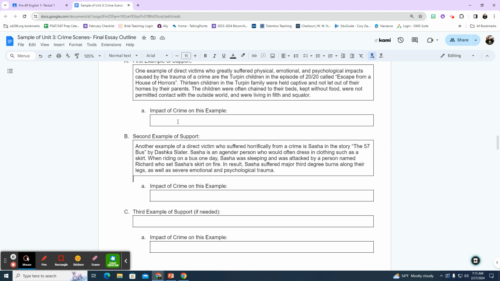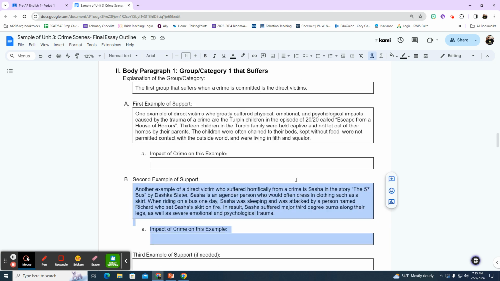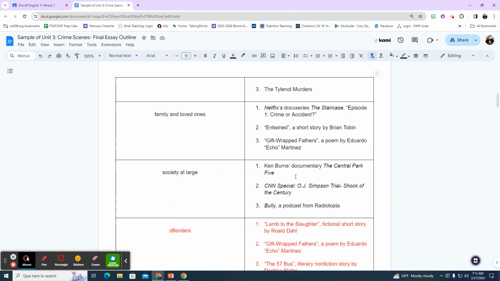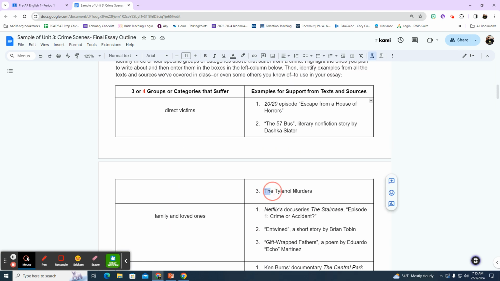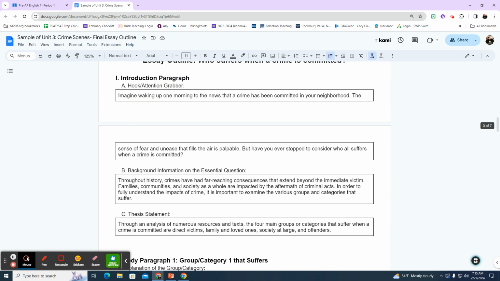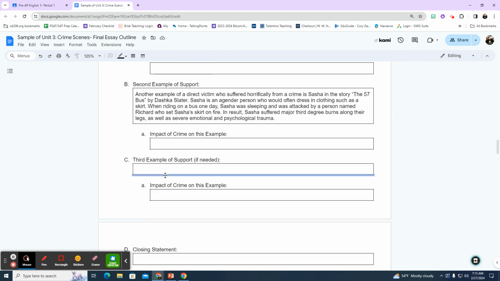All right, if you're back, and I'm sure you have all these boxes filled as well, which means you're ready to move on to your third example. So I'm going to scroll back up here. I'm going to look, and my third example is the Tylenol murders. So I'm going to come back down here, and I'm just going to say